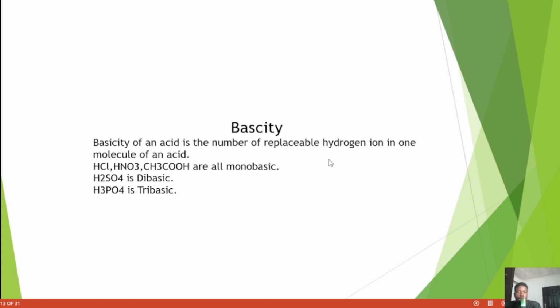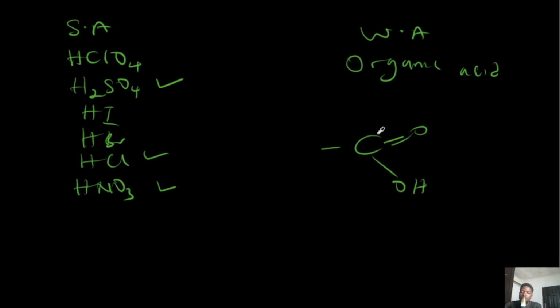The next thing we are going to talk about is the basicity of an acid. Basicity is the number of replaceable hydrogen ions in one molecule of an acid. So when I'm considering an acid, and I want to know its basicity, it is simply the number of hydrogen ions that can be replaced. For your inorganic acids, once you just count the number of hydrogen ions there, that is its basicity. So when I'm considering a variety of acids, for instance,